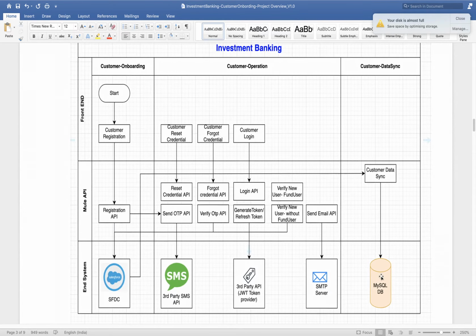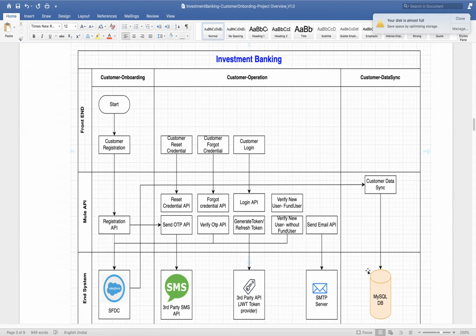I hope it's visible to everyone. Yes, Ravi. So here you can see we have a few sets of APIs divided based on functionality.